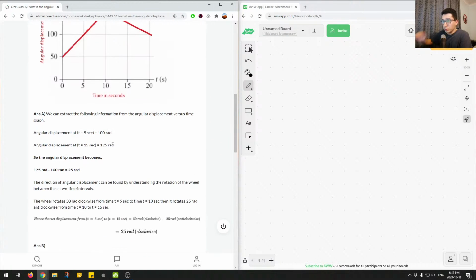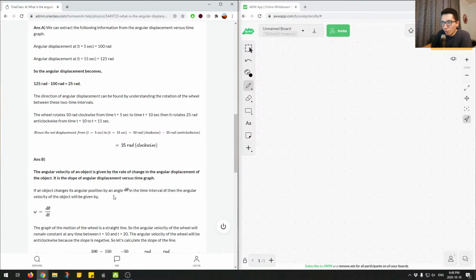So going through the junior tutor solution, we have here, we can extract the following information from the angular displacement versus time graph. So they correctly go through the first step and they look at the graph. So at time t equals to 5 seconds, they get 100 radians, and time equals 15 seconds, they get 125, and then they take the difference, get 25 radians, and then here they show that this is in the clockwise